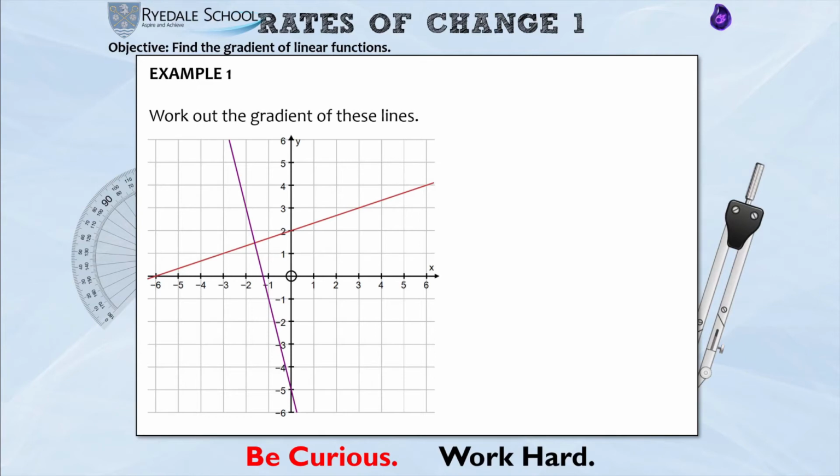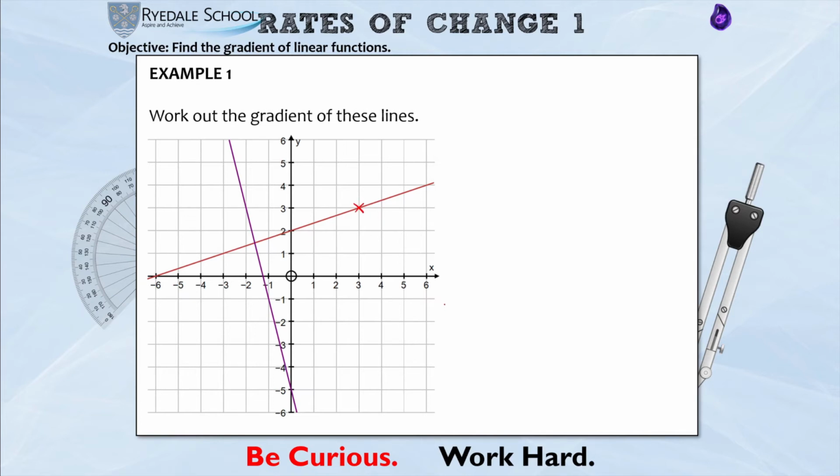So let's start with a couple of examples looking at what I would refer to as the easier method, the triangle method. So let's have a look at the gradient of the red line first. Now remember, it doesn't matter which points you pick on your line, but you wouldn't, when you're choosing coordinates, pick something like that because it's in the middle of nowhere. You need to always pick two coordinates that have exact values that you can read off your graph. So I think I'm going to use, to keep it nice and tidy,